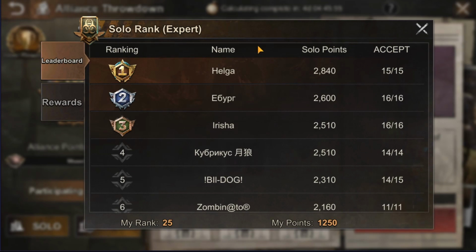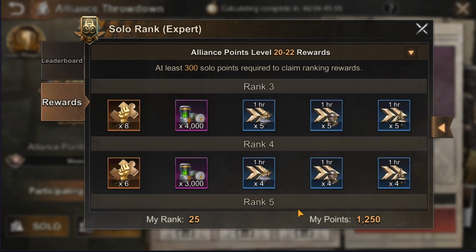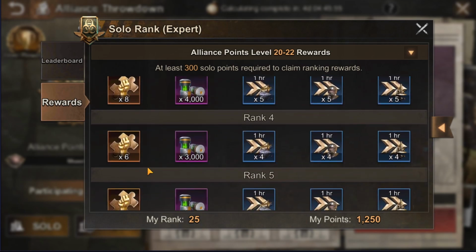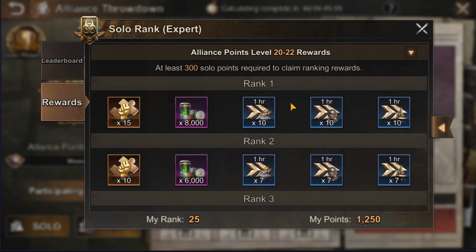There is also a tab for solo rewards, and they are quite nice, depending on your rank, of course. And the lowest one will give you epic hero fragments, some biocaps and speed ups. So obviously you wanna aim above that and get legendary hero fragments. Might not be an easy task, especially if you have a lot of active people in your alliance. And as you can see in my case, I'm far behind, and it's very unlikely I will get to top